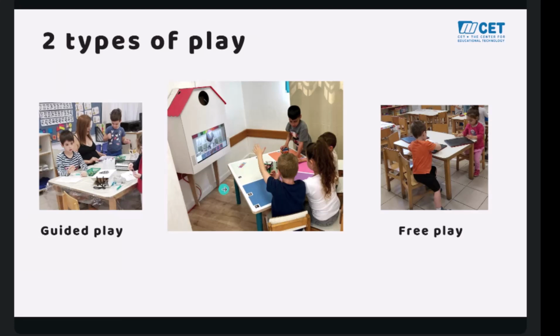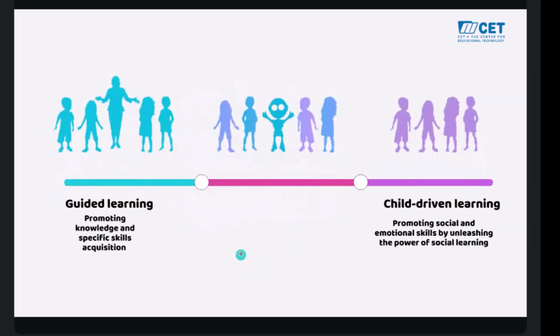So what we offered was a facilitation of free play, or children-focused interaction, without a human adult, but with a peer, a technological peer, which is an AI avatar. And what we hoped this would create is indeed a balance between the benefits of child-driven learning with the advantages of guided or facilitated learning.